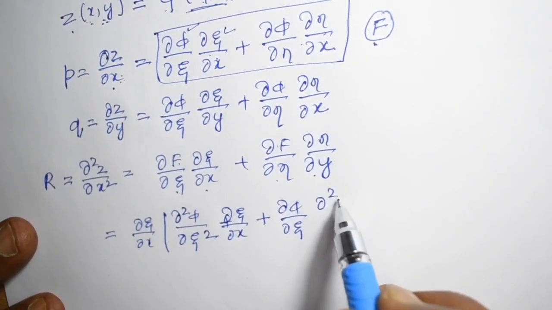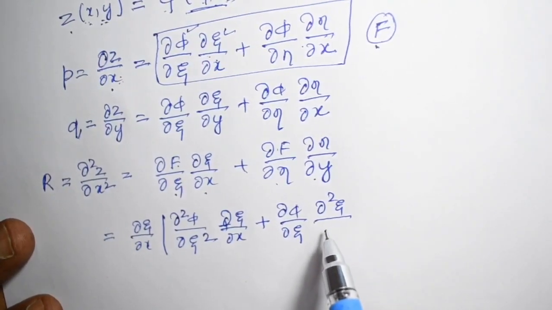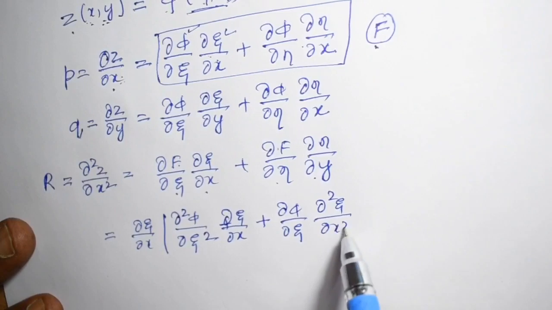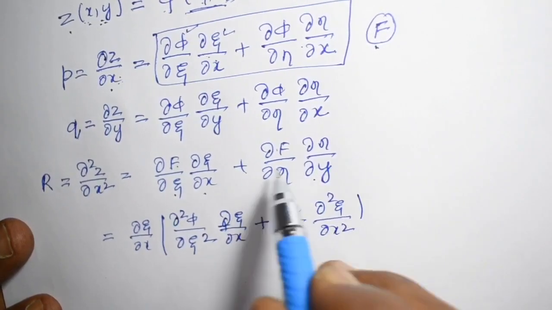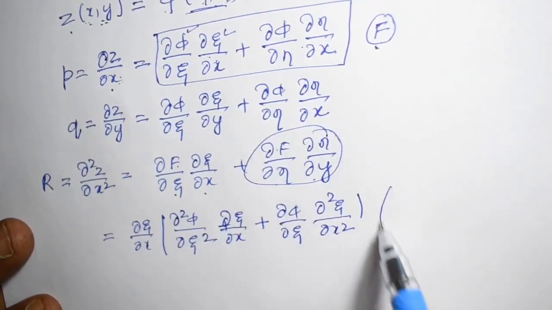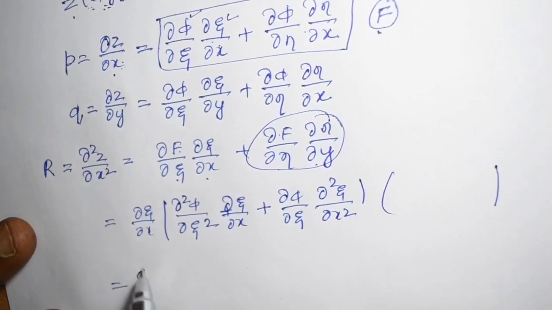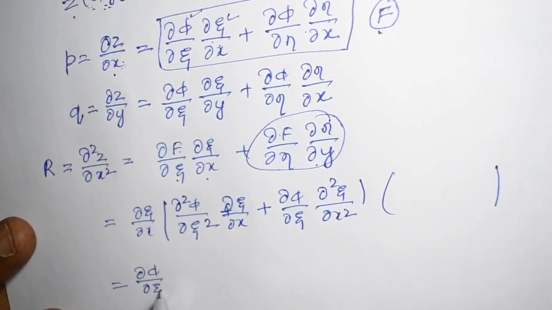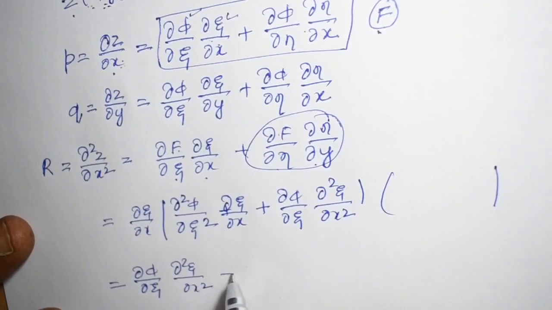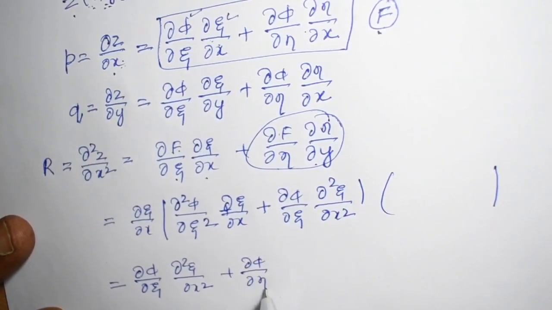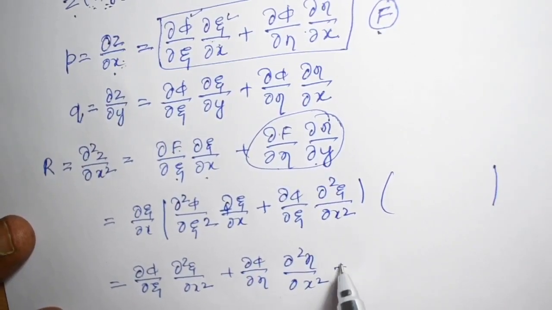This will become ∂²ξ/∂x². Okay, you are differentiating. Similarly, you are going to differentiate this also. After simplification, you get the derivative as ∂φ/∂ξ into ∂²ξ/∂x² plus ∂φ/∂η into ∂²η/∂x² plus